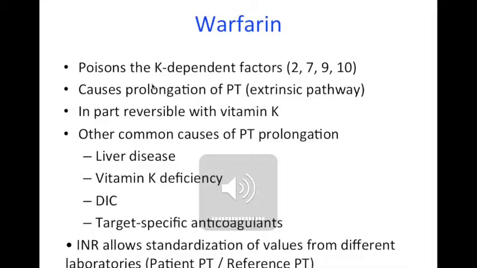Warfarin is a poison of the vitamin K dependent factors. It causes prolongation of the prothrombin time. In part, it is reversible in its effect by administration of vitamin K or by plasma. Other causes of prolonged PTT include liver disease, vitamin K deficiency, disseminated intravascular coagulation, and the target-specific anticoagulants, which include